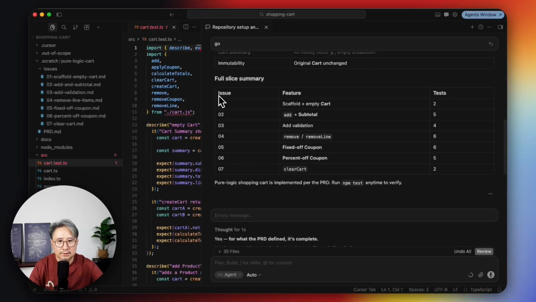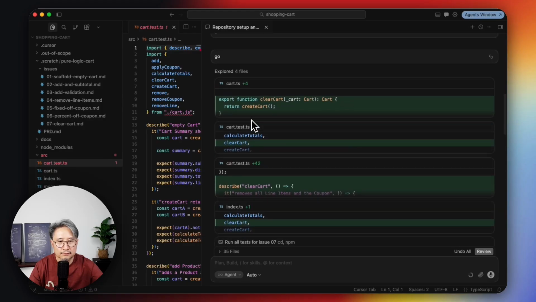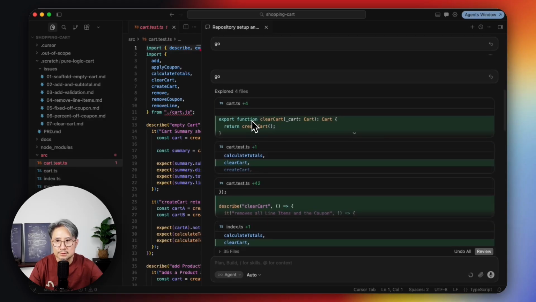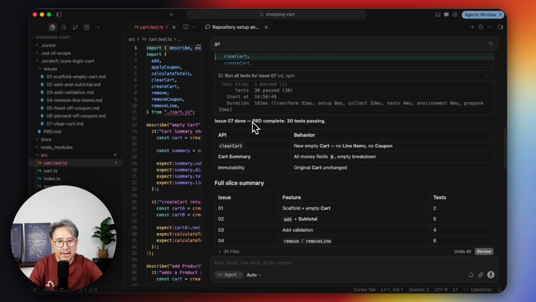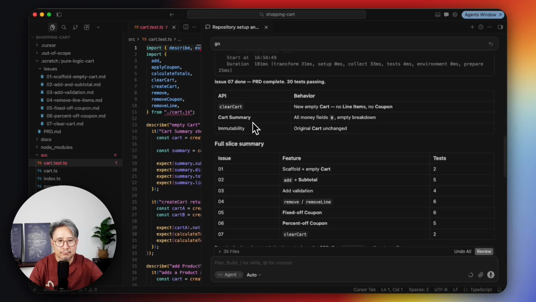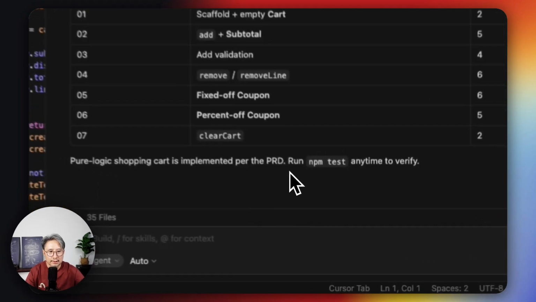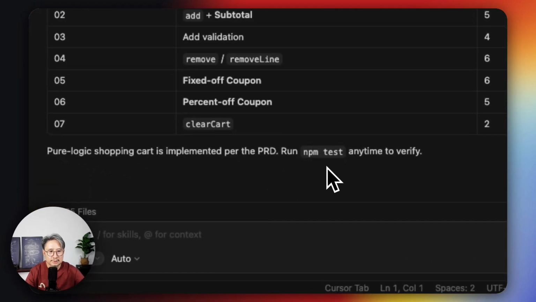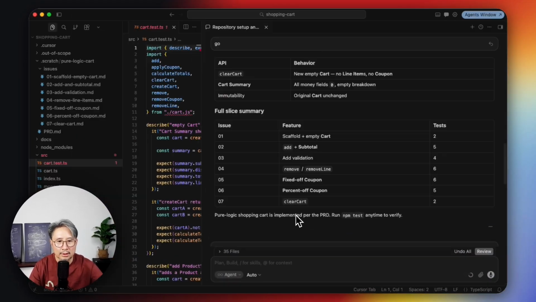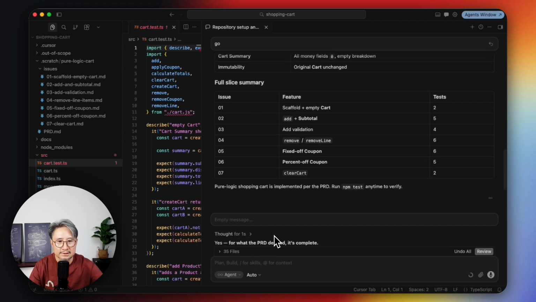After 7 rounds of red-green-refactor cycles, the entire backend logic has been implemented, strictly following the PRD, and we can run npm test anytime to verify. I don't want to waste time verifying again; I just want to do the next phase.